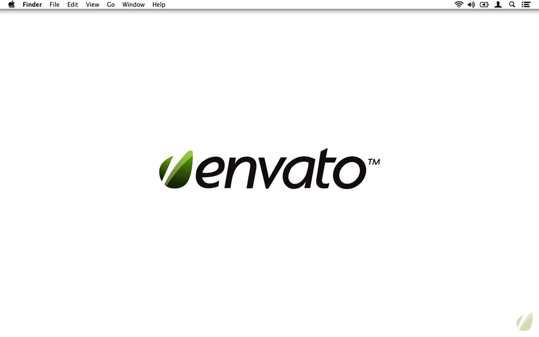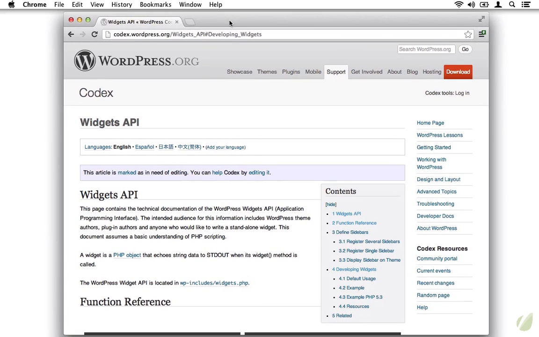Second, the WordPress Widgets API uses object-oriented programming. That means that all functions are encapsulated within a class definition. And although object-oriented programming is outside the scope of this course, I'm going to try to make this as easy as possible. To do this, point your browser to